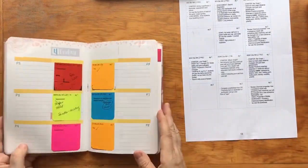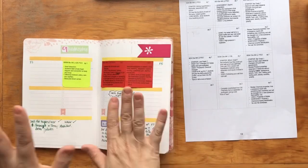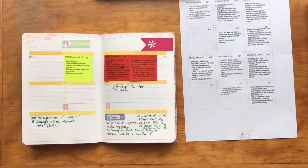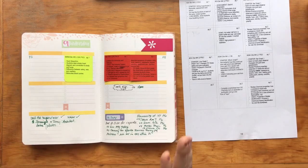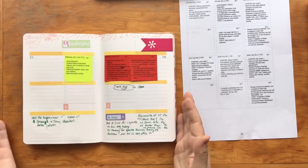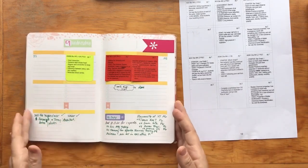And basically I was able to fit 9 weeks of school into this. And I'm only using this for school days. So I'm not including half-term weeks. I'm not including term break weeks like Christmas break and Easter break. I'm only using this for school days when I have lesson plans. So that cuts down on it. If I included all those other weeks, I'd probably need 10 of these notebooks because,